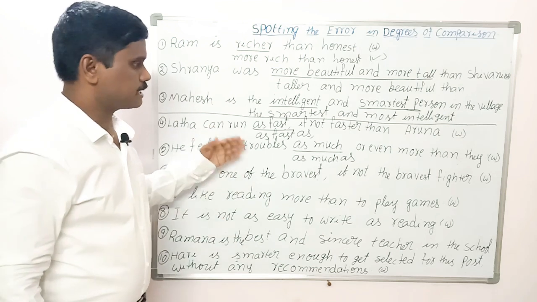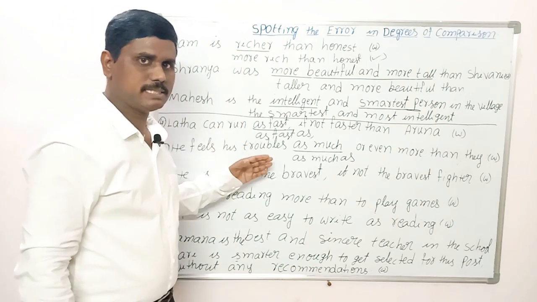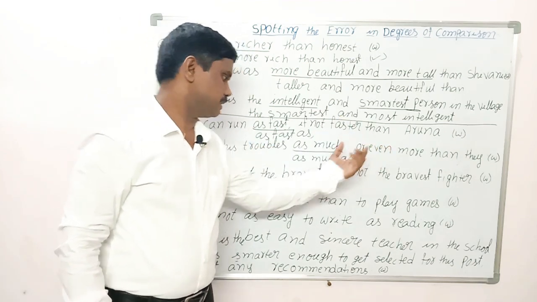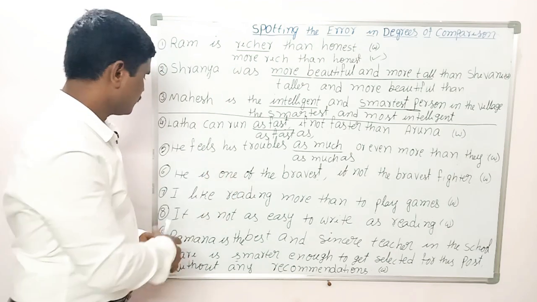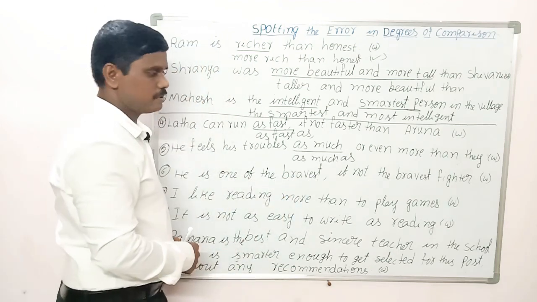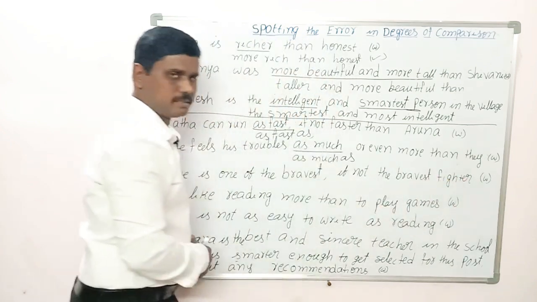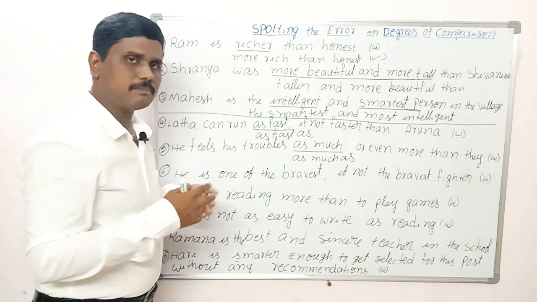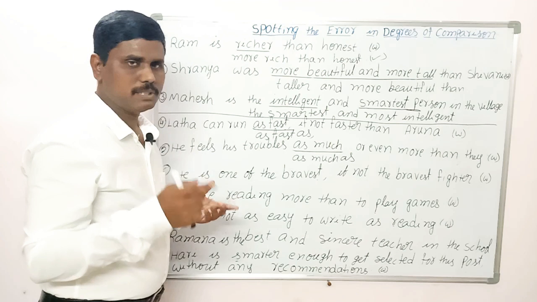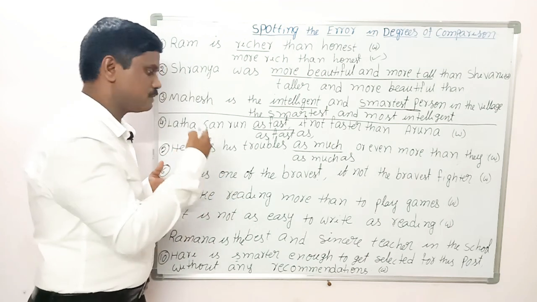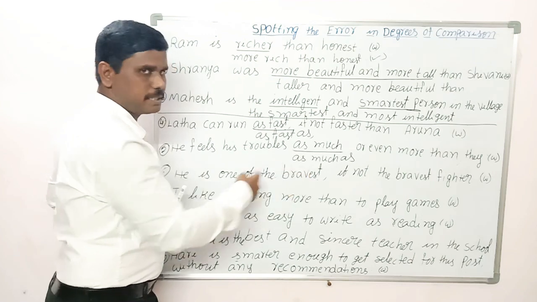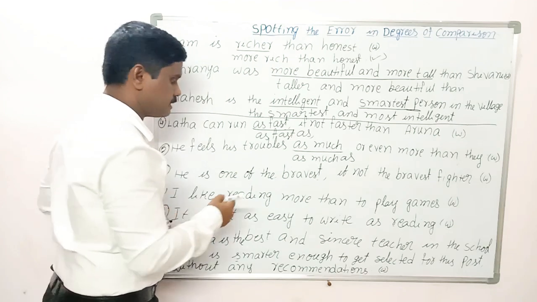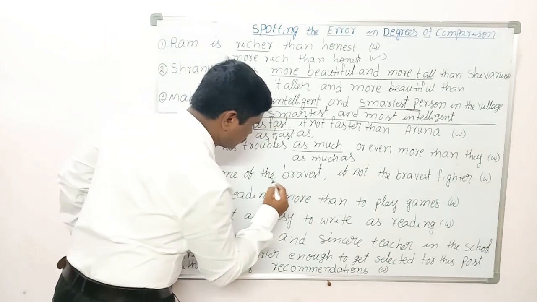When we want to express 2 degrees in one sentence, first we express the positive degree completely, then we express the comparative degree. Now let us see another one, superlative degree. He is one of the bravest, if not the bravest fighter. Here 2 superlative degrees are there, but here complete expression is not there. Already the rule I told you, when there are 2 degrees we must express 1 degree. He is one of the bravest, one of the adjective 3, here a plural noun is required but that is missing. So the correct answer is one of the